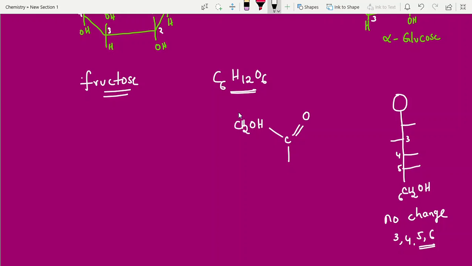First carbon starts here. This is second carbon. Then third carbon, see, OH. You can write left hand side, H. And fourth carbon, OH. That's all. Very easy, students. OH. And next, what is the H? 1, 2, 3, 4, 5, 6. That's all. This is the open chain structure of fructose.